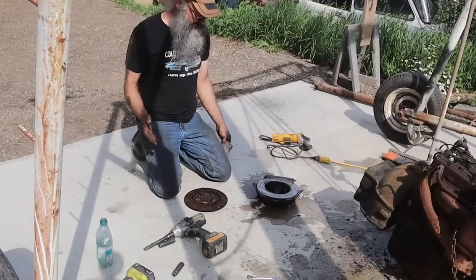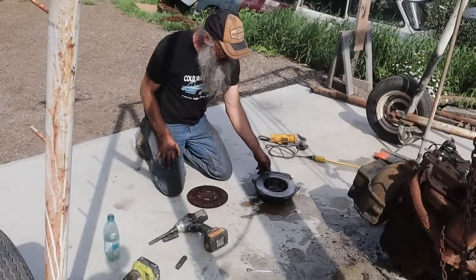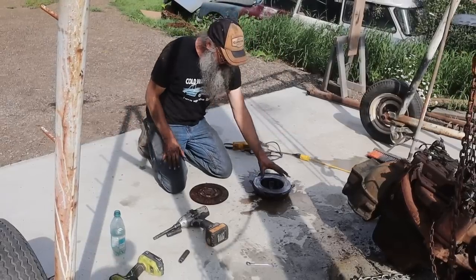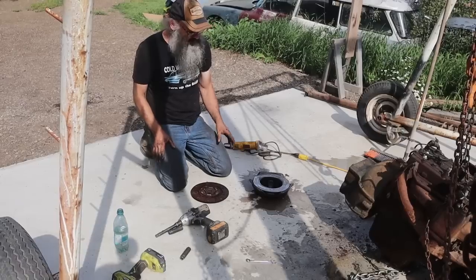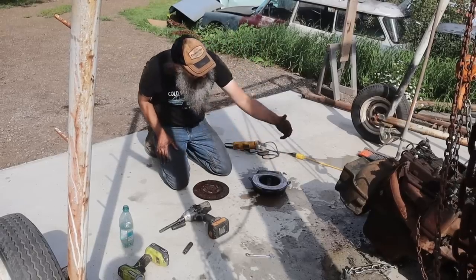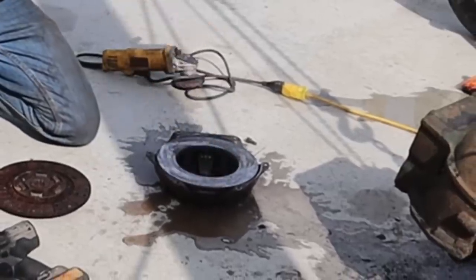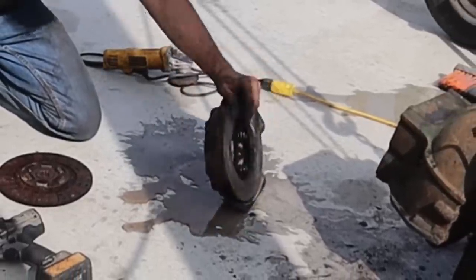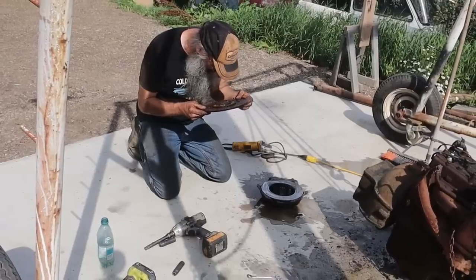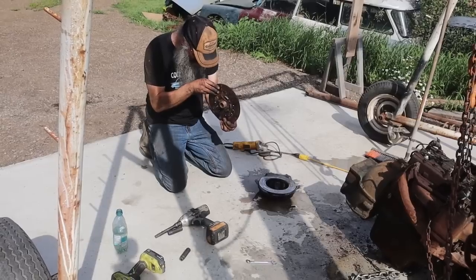So, I pulled the clutch out of the Kaiser engine here, and of course everything was rusted solid. So we've given it a very quick cleanup with one of these abrasive pads to get all the rust off, keeping everything very wet because of the asbestos factor. I cleaned up the flywheel the same way. I was going to pull it out, but I didn't want to pull the belt housing off and everything. So flywheel cleaned, pressure plate cleaned. It's a little rusty, but it'll be fine. Nothing's broken. All the springs are there. The fingers are in good shape. The disc is getting down to the wire here. There's not a lot of life left, but